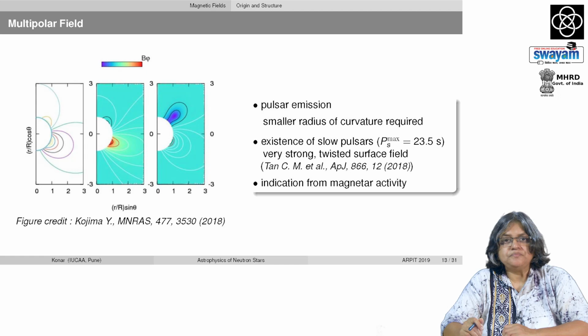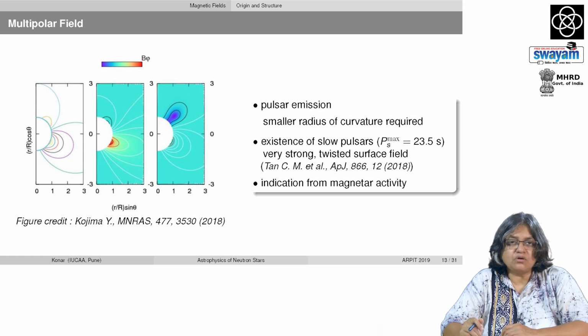Now, that is not all. We have so far talked only about dipolar fields, but there are indications that the neutron star field may not be purely dipolar. Now, the pulsar emission itself requires a very small radius of curvature near the neutron star, which essentially means higher multipolar components must be present,